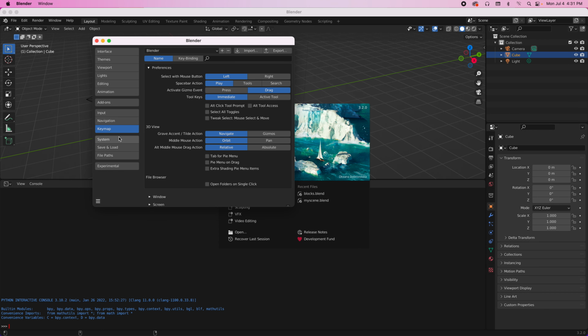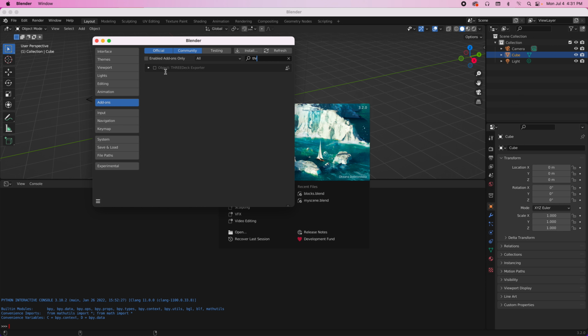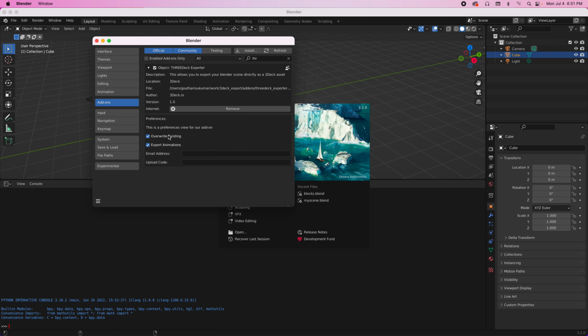We're back in Blender. Here, if you click on add-ons, start typing 3Deck, and you should see the 3Deck exporter add-on. Enable it first and set it up with our email address and the upload access code. So our email address would be, and for the access code, we have to go to